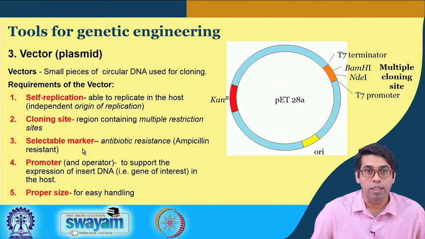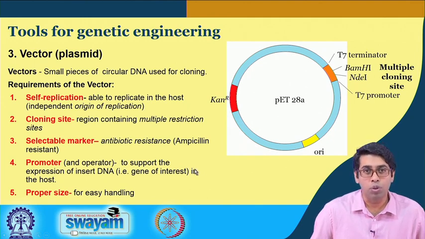That is done by a selectable marker, which is nothing but a gene that codes for antibiotic resistance. In this case it is written as ampicillin resistance. You can also have kanamycin resistance, because that is what is shown here. So, if you plate your bacteria on an agar plate which has kanamycin, then only those bacterial cells which carry this plasmid will survive, because they have this gene. But those bacteria which do not carry this plasmid will automatically die out. So, at the end of the day, when you see colonies, all of those colonies will have this plasmid.